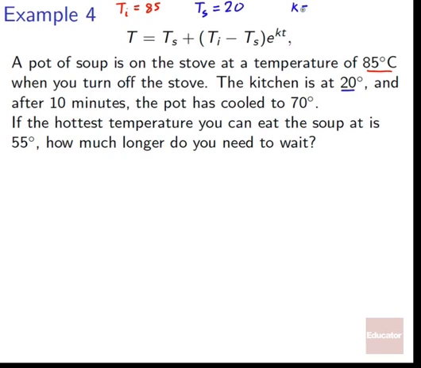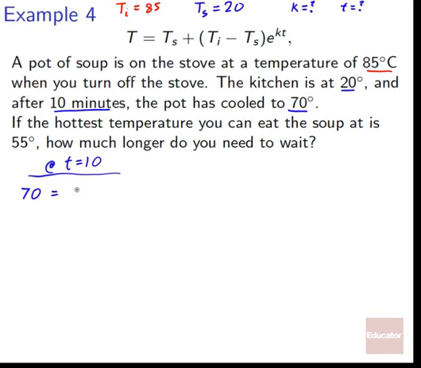We don't know what the proportionality constant is yet, and we don't know what the time is going to be in all of these cases. However, we do have one specific example at t equals 10. We know that it cools to 70. So let's look at that. At time equals 10 minutes, we know that the temperature of our object is 70, and then we can